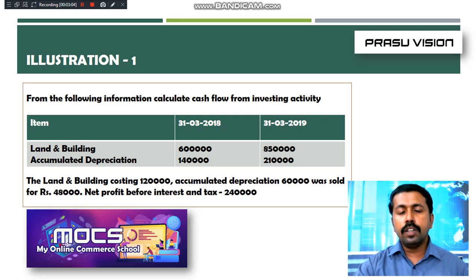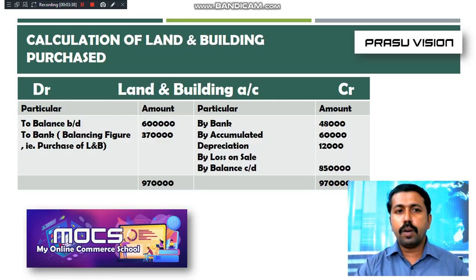So sale of asset is also given. The question will include information like this. At that time, we have to prepare two accounts separately. Then only we can add the actual amount of purchase and sale of asset in the cash flow statement. So first of all, we are going to learn how to prepare the fixed asset account. The opening balance of land and building and closing balance are already given. So we have to apply the format of preparing an account that you already know very well. It includes the opening balance.